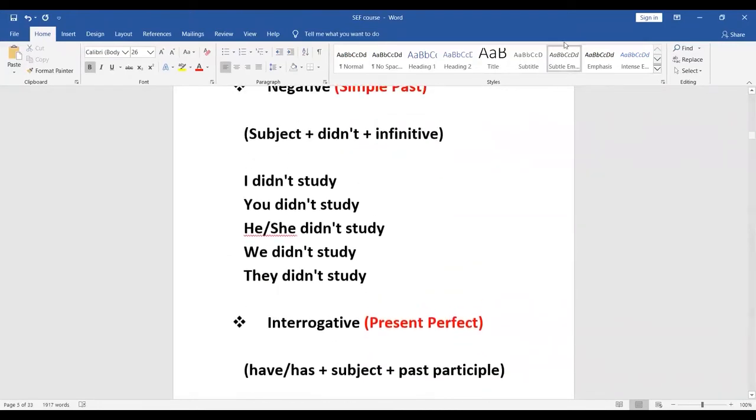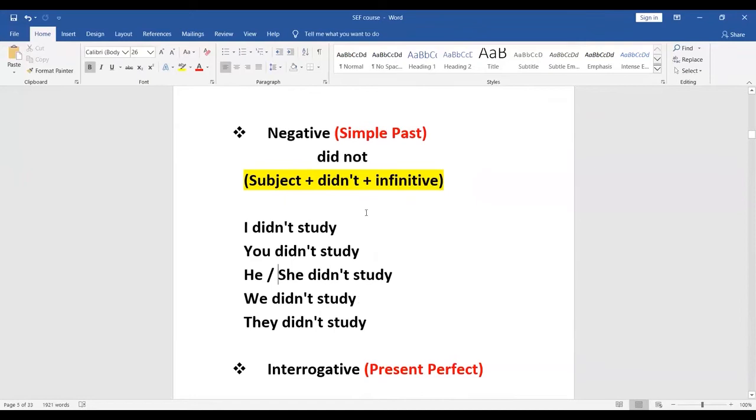simple past. The formula again is subject plus the word didn't plus the infinitive verb. Now didn't is a contraction of did not. So let's take a look at a few conjugations. I didn't study, you didn't study, he or she didn't study, we didn't study, they didn't study. These are the conjugations here. If you know the formula, then you will be able to easily construct simple yet